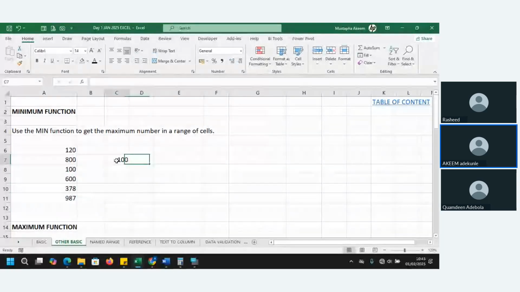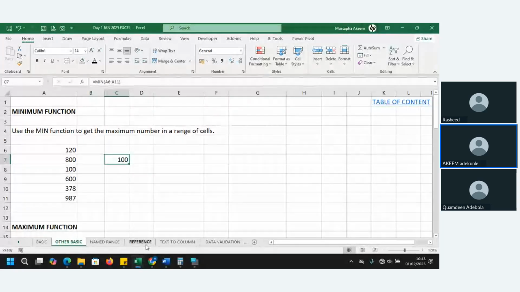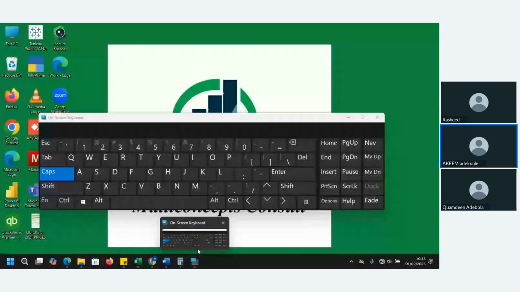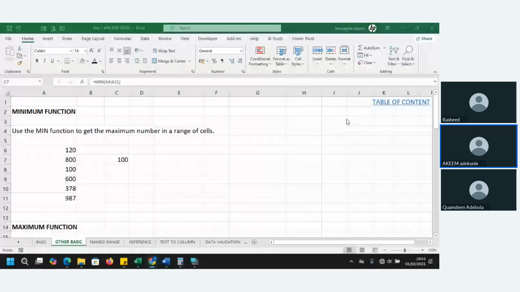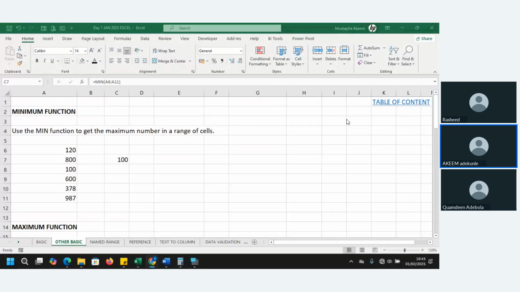I like using Tab because it makes it faster instead of hitting Shift and bracket, Shift and this. Just use your Tab. It opens the bracket, hit it again, it closes the bracket. And I think that makes more sense because our job also requires speed. We must be used to shortcuts.